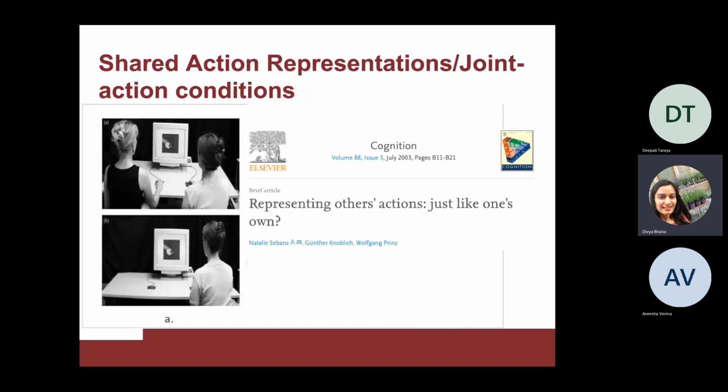So action prediction, action understanding, action planning, all of these questions become part of joint action research. And it all began with one experiment, which I'm going to introduce now. In joint action research, you take a task and divide it between two people, because most cognitive psychology experiments happen in isolation. You call one participant, test whatever question you're investigating, and they go. But in real life, we are heavily influenced by other people, and we have multiple social interactions. So the entire idea behind this was to make the cognitive psychology experiments more